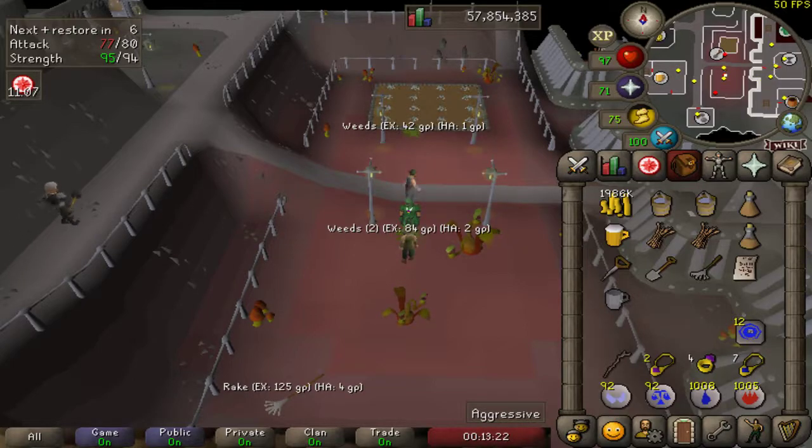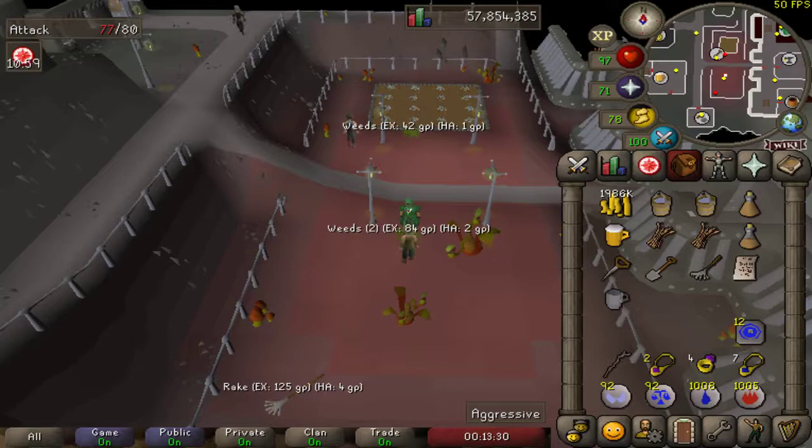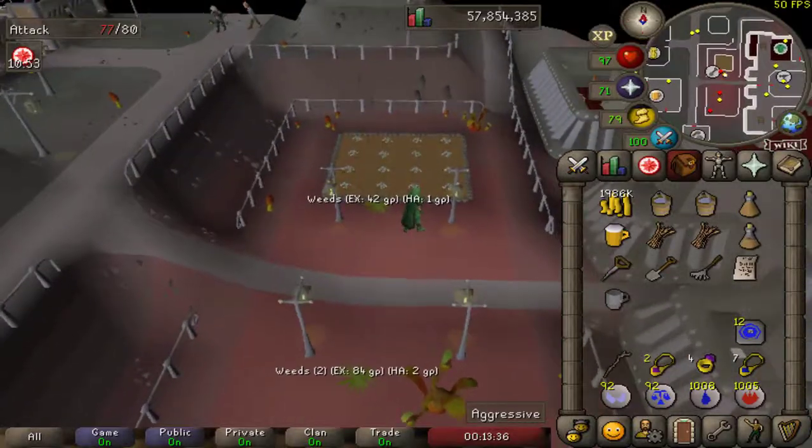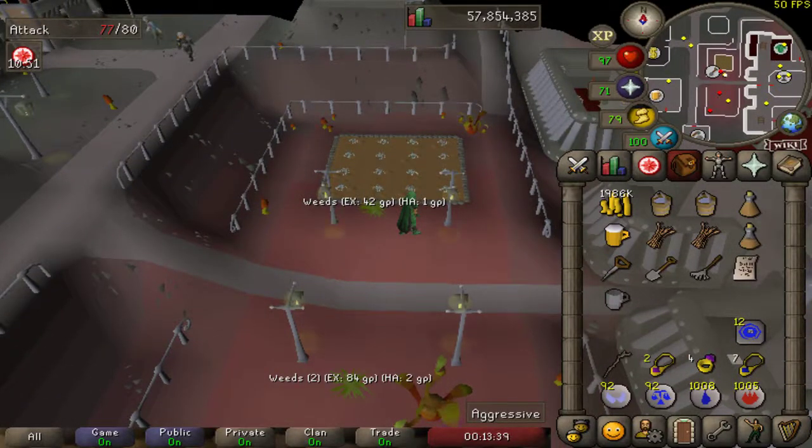Alright, after waiting approximately 20 minutes, it doesn't matter if you were logged out or not. If you were logged in, you should get a message in your chat box telling you to check your crops. Once you get that message, just go back to Keldagrim and harvest the crops. If you destroy or lose your Kelda hops, I think